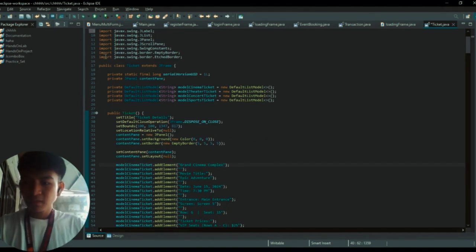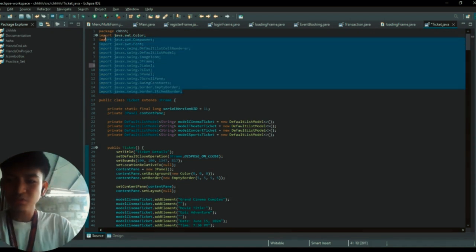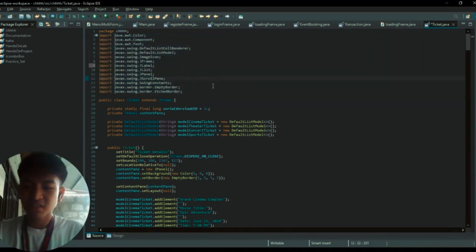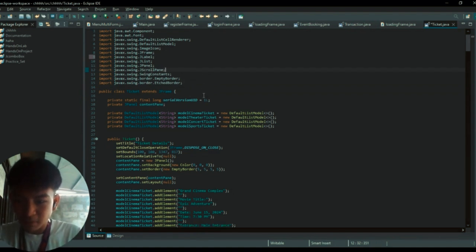So, this import class is to store the variables in Java Swing. This private method is the default model to string. These variables are model cinema ticket, model theater ticket, model concert ticket, and sports ticket.